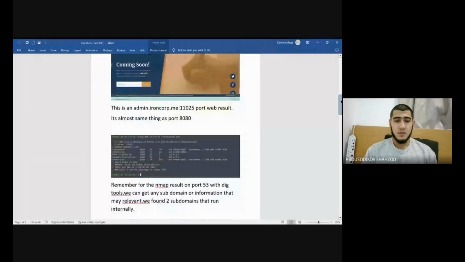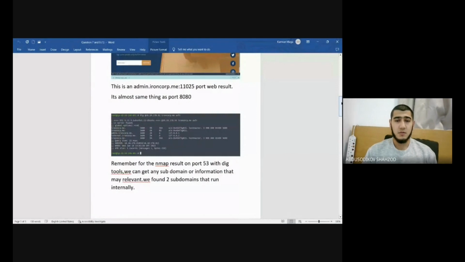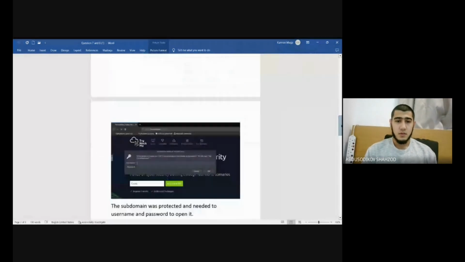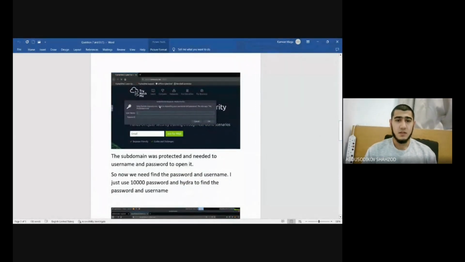After that, remember the Nmap result on port 53; use it with the dig tool. We can get any subdomains or information that may be relevant. We just found two subdomains, one of which runs internal, so you can see how I used the dig tool here, and the result is here also. And after that, I just went into admin.ironcorp.me port 11025, and here you can see